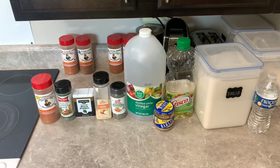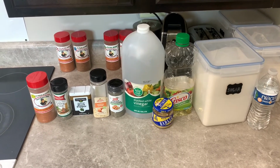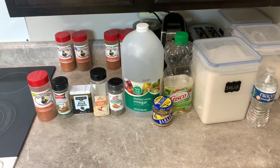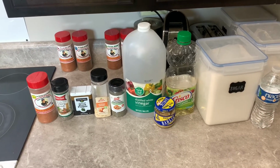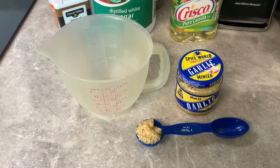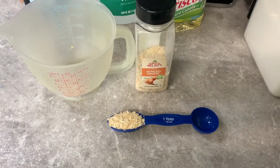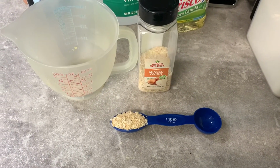So in today's video I did some homemade Zesty Italian dressings. This is one of my favorite dressings to use for salads or whatever, so figured I'd show you an easy way on making it. So start out here with a tablespoon of minced garlic, and then a tablespoon of dried